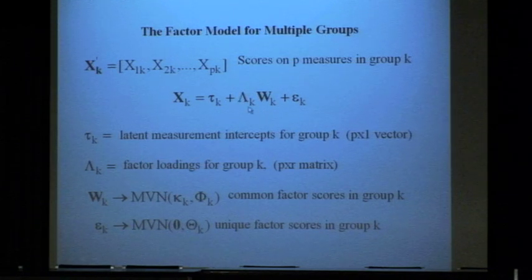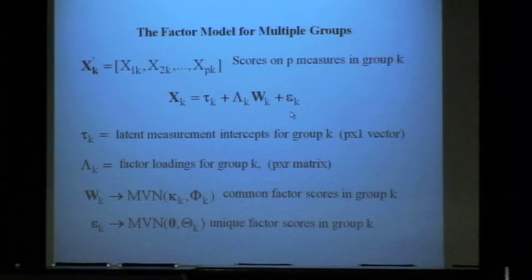And then a matrix of factor loadings, lambda. It's a P by R matrix. And then the vector of common factor scores, W, plus some unique factors, or residuals, errors. But in the factor analysis literature, we typically call these unique factors rather than errors. These would include measurement errors, but it would include idiosyncratic influences on individual item scores that aren't necessarily of interest to us. And those could be a source of violation of invariance, as we'll see.